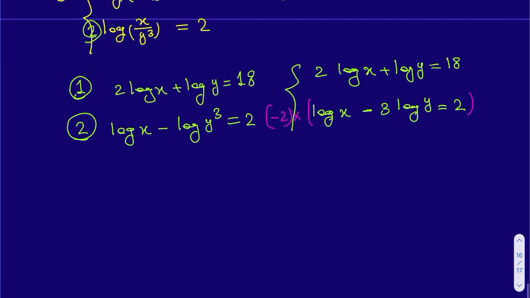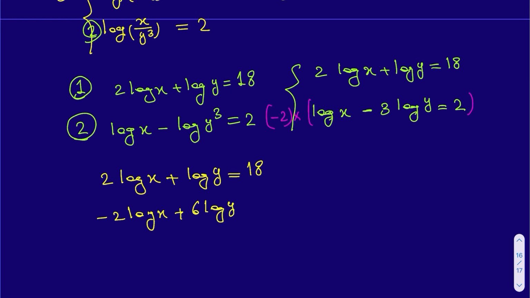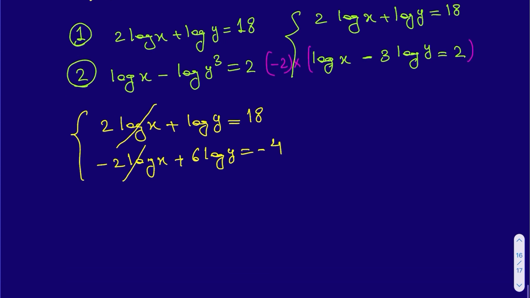So it will be 2 log x plus log y is equal to 18, and here it will be -2 log x plus 6 log y is equal to -4. Okay, and then it will be cancelled out. By solving this,